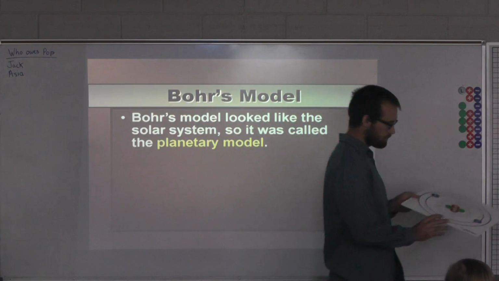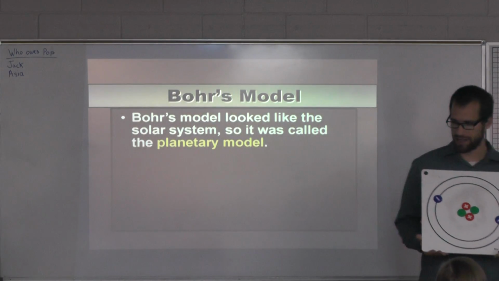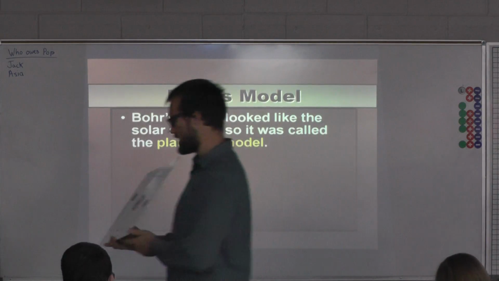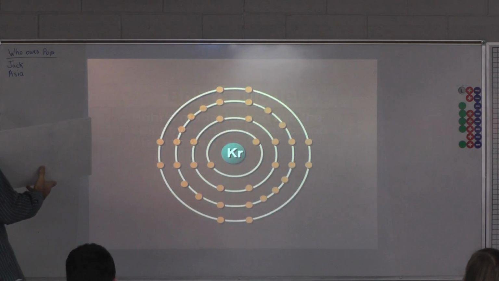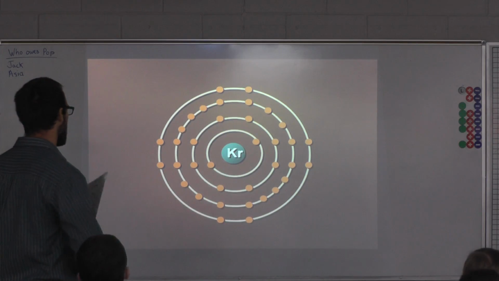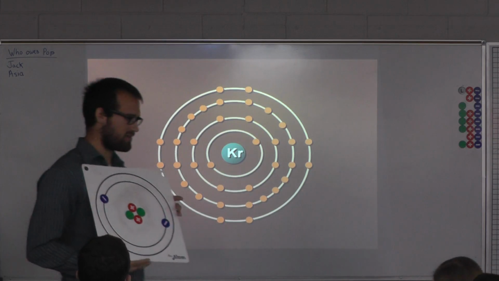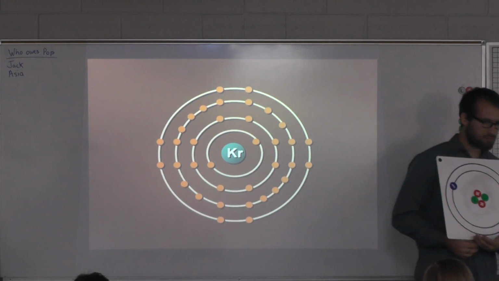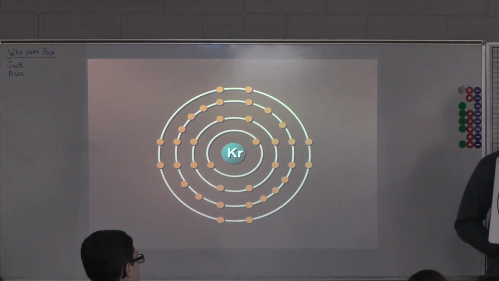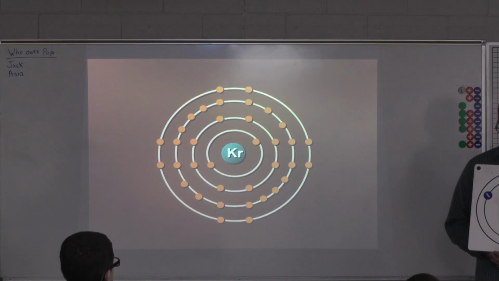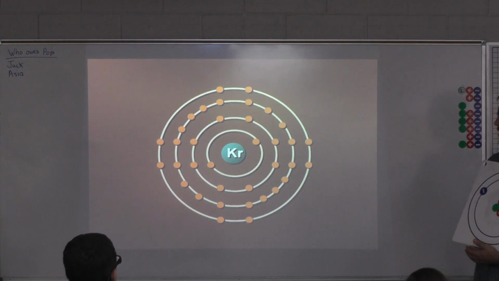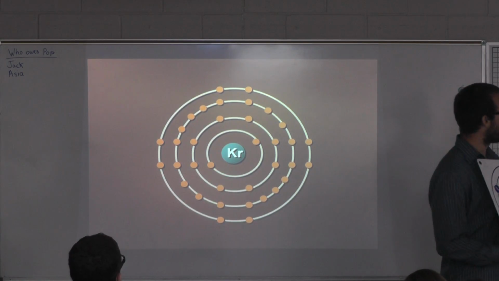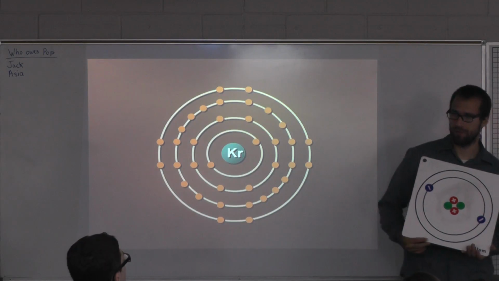This is Bohr's model. Why don't you write that in too? Let me see if there's a slide that has a better picture of it. No, you don't have to do that much. Just do this. This is fine. That one's what his model of krypton would look like because it has a lot of protons and electrons. This would be the model of helium. It only has 2 protons and electrons.